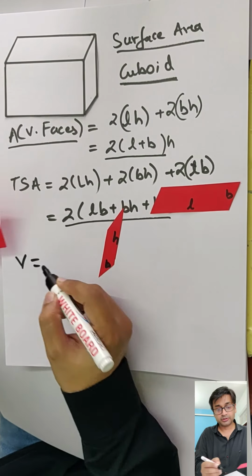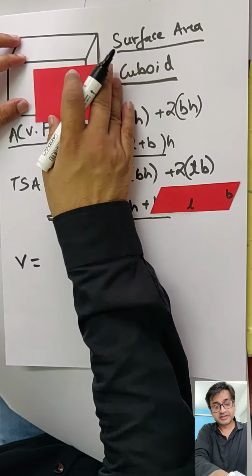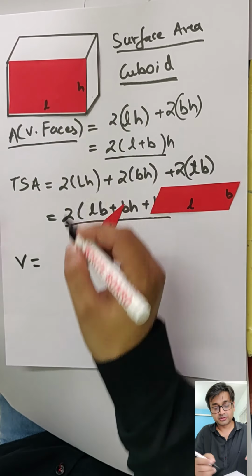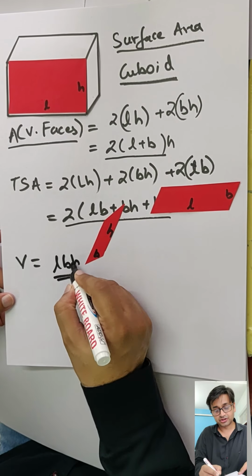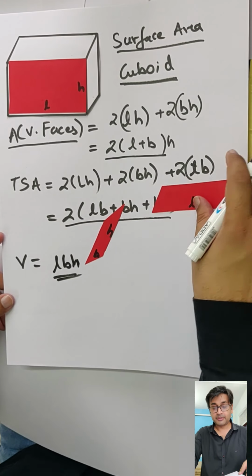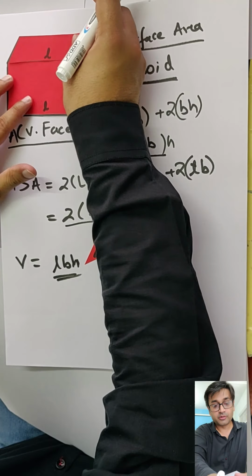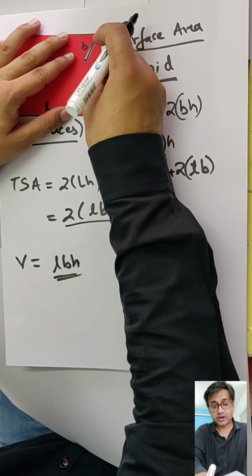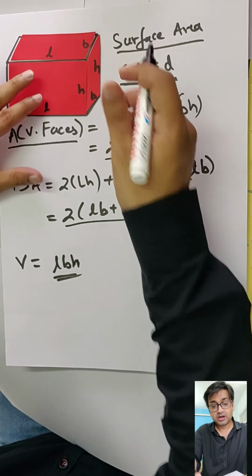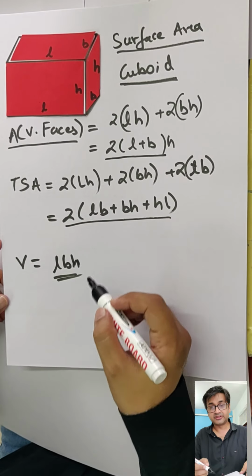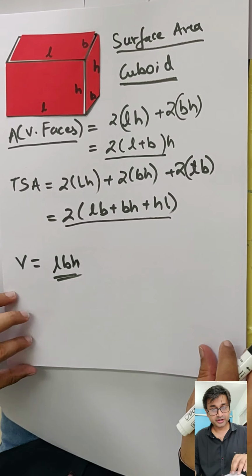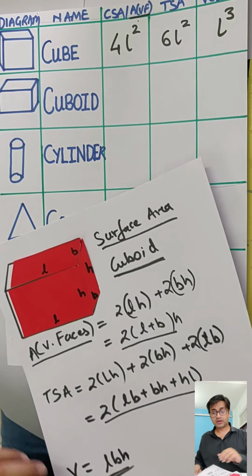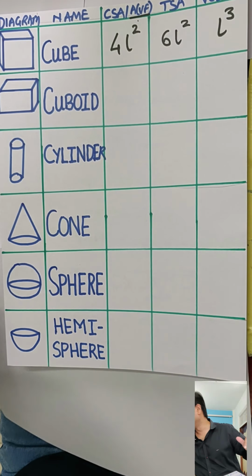And finally the volume. So volume is basically going to be length into breadth into height. We already know that, LBH. So nothing great. So I hope I made you understand how to go about with the different parts of a cuboid. So I hope you remember all these formulae. Vertical faces, total surface area, and the volume. Got it? So let's fill up the table. Come on, let's see if you can remember all this.